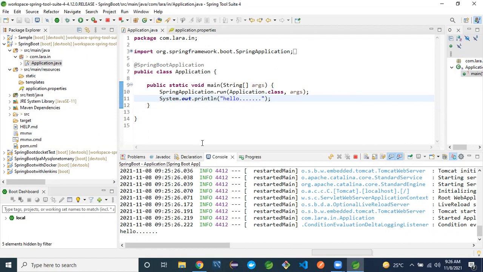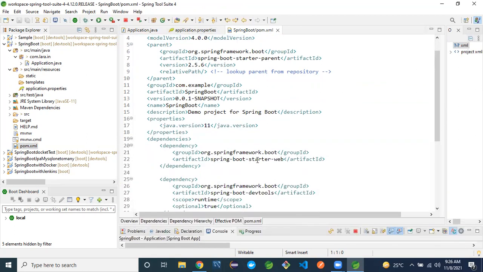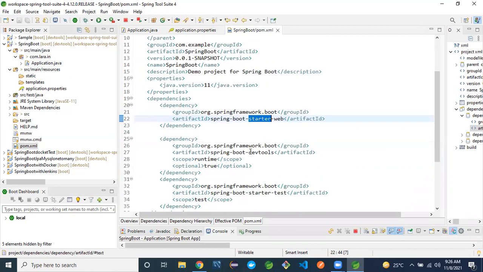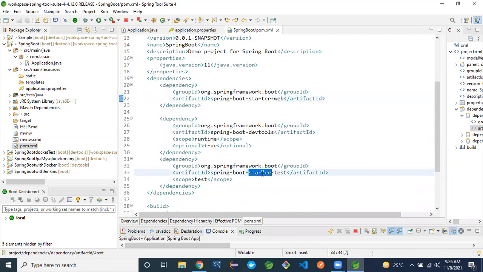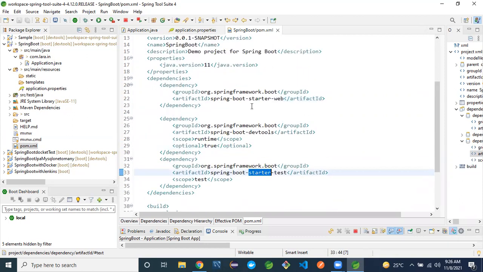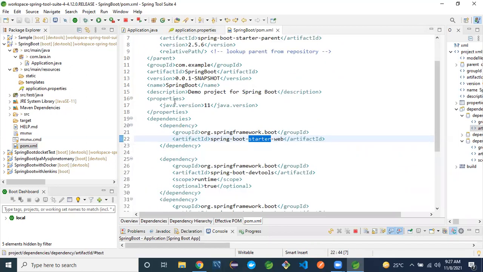Once it comes to the starter concept in Spring Boot, all the dependencies are available and downloaded internally. The starter concept, and Spring Boot in general, has a lot of advantages.